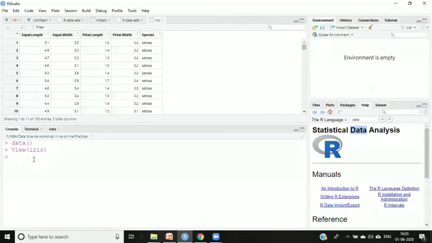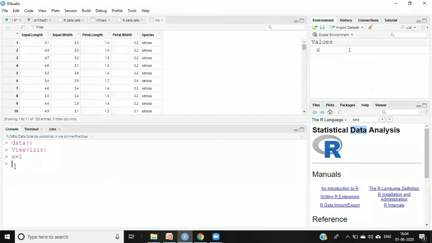What I'll do, I'll just assign one value to x. To assign, you can say x equal to 1, enter. If you see here, this is the environment window. x got the value 1. So whatever temporary things you will be creating, that thing will be shown in this particular environment window. Clear?